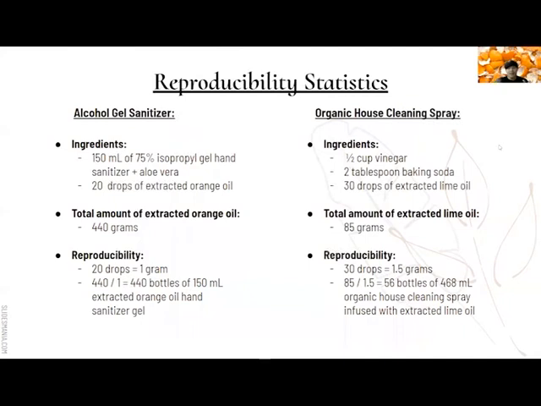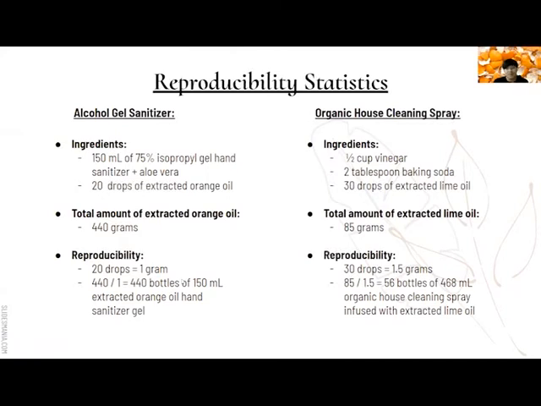And I'm going to be talking about the reproducibility statistics. As you know, in the alcohol gel hand sanitizer, we use 20 drops of extracted orange oil. That's for 1 unit, but in total, we have 440 grams of extracted orange oil. So if we think about the reproducibility, 20 drops equal 1 gram. So we have 440 grams left, which would mean we can create 440 bottles of 150 ml